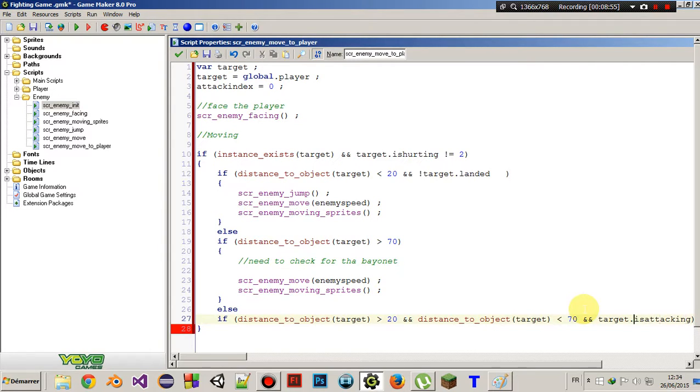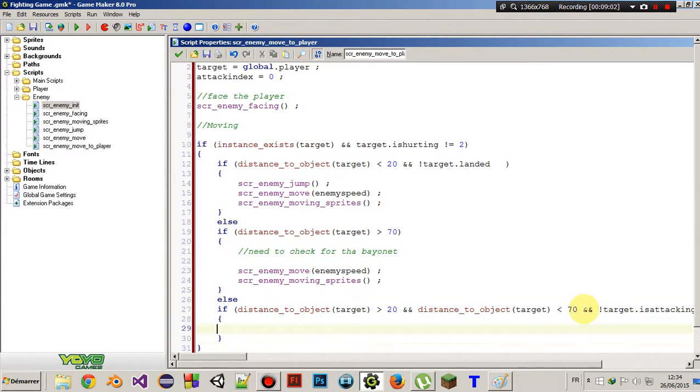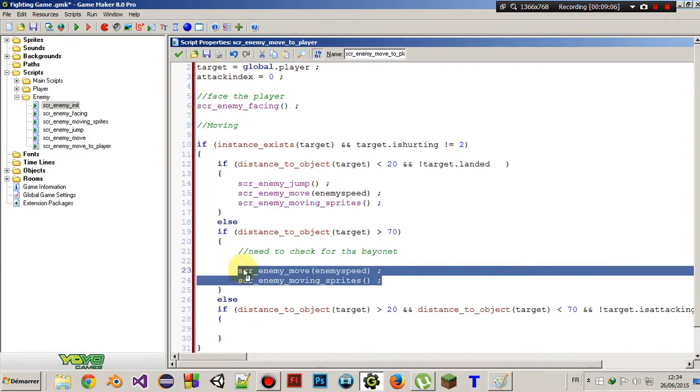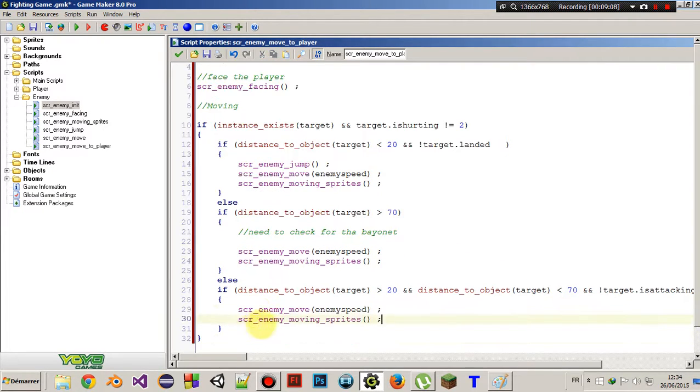Okay, so the target shouldn't be attacking us. So if it's not, then continue moving. Very simple. Okay, else